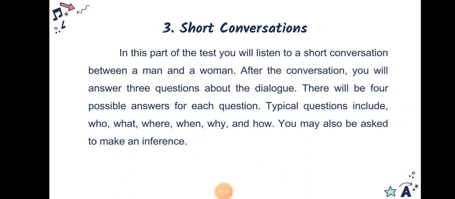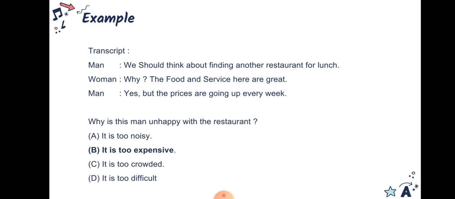Number 3 is short conversation. In this part of the test, you will listen to a short conversation between a man and woman. After the conversation, you will answer 3 questions about the dialogue. There will be 4 possible answers for each question. Typical questions include who, what, where, when, why, and how. You may also be asked to make an inference. For example, you will hear,